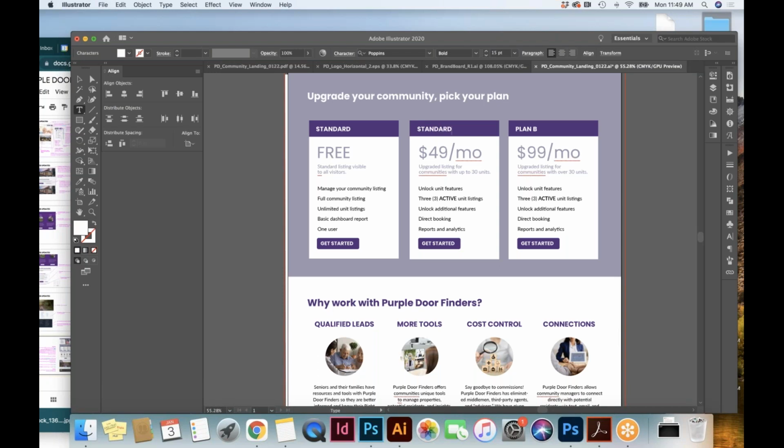There we go. Oh, no, it can't be called standard, because there should be a significant difference between what you get here versus the free, right? So we can't call that standard. Basic.